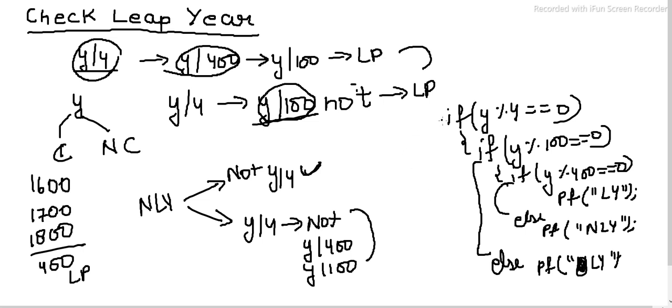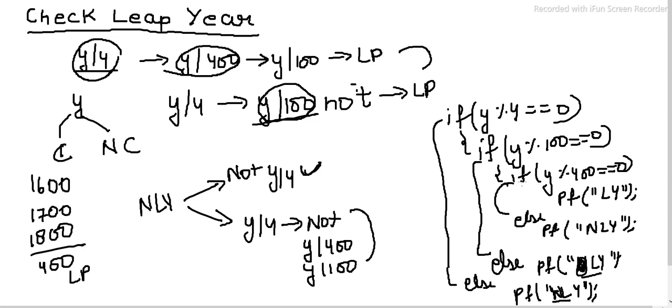Okay, and now for this, when the basic condition gets violated, what we do is, sorry for my writing, but I hope you understand what I want to convey to you. That's the non-leap year. So that was the leap year and that was the non-leap year. I hope you understand my writing. So I hope you got the concept for finding the leap year.